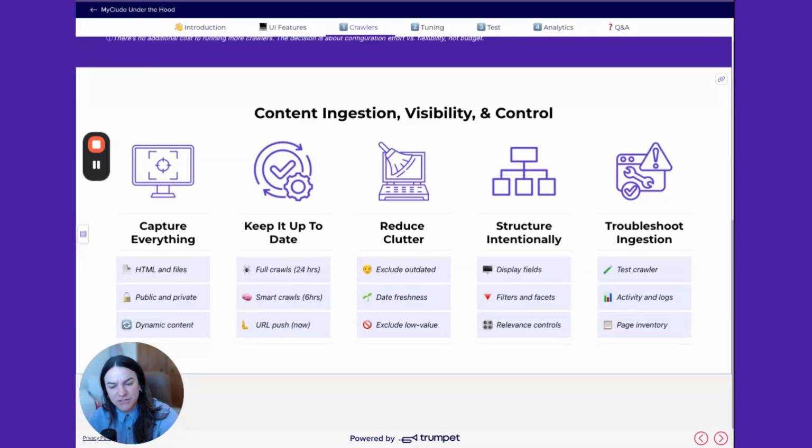So we want to capture everything. So HTML or files, public or private, dynamic content as well. We want to keep it up to date. So we have full crawls at 24 hours. We can do smart crawling every 6 hours, or we can URL push for individual pages as soon as they're